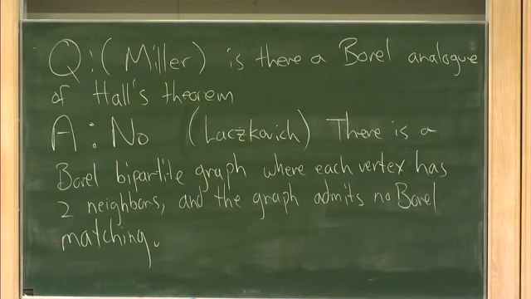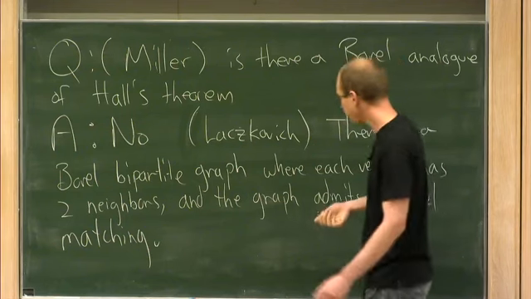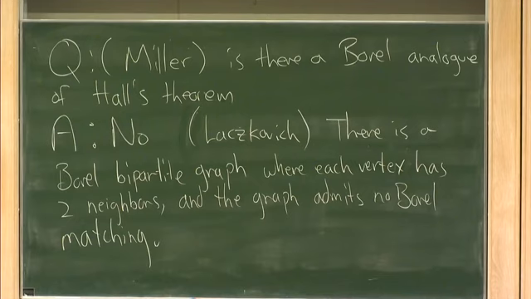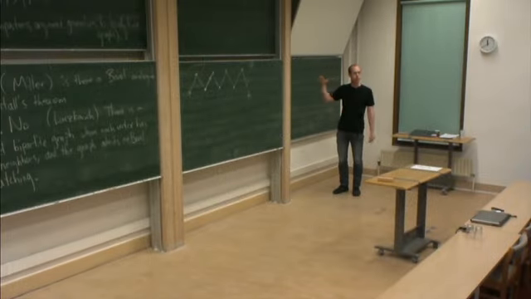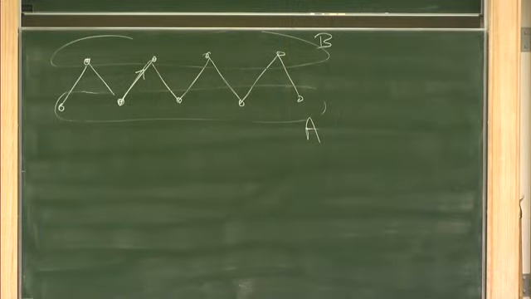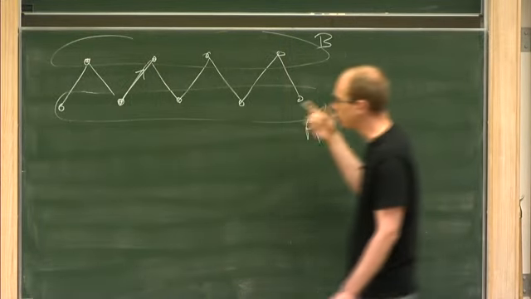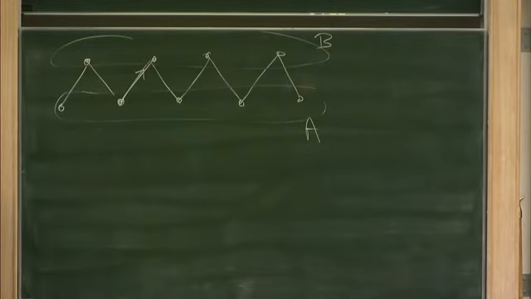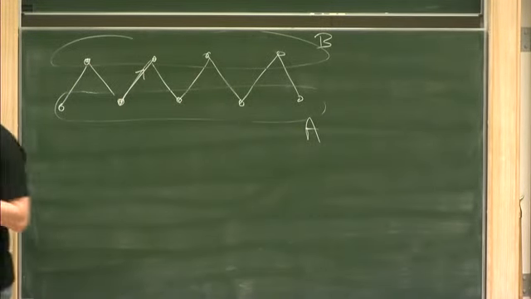And so what Laczkovich did is he just found a nice example of a nicely definable two-regular graph where, for example, if in some small open set comeagerly you've made this choice as to which direction you go on the line, you can go a long distance away, and that choice you've committed to in that giant open set of vertices will have committed you to going the opposite direction somewhere far away, which is a contradiction. All right. So just exploiting the fact that deciding one edge in the matching decides all of them, it's easy to find examples where you can't find a Borel matching of a Borel graph.